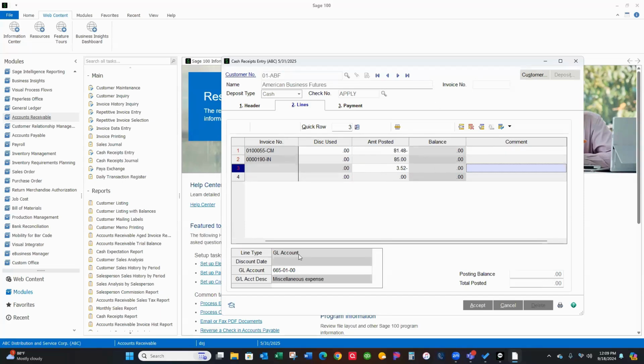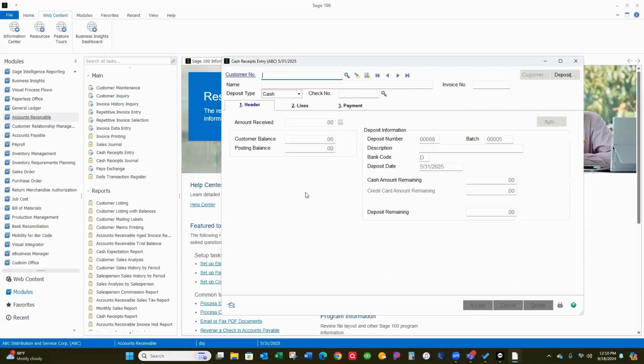And so now I've applied everything. I took the 352 and wrote it off to the GL account, just miscellaneous expenses. When you're done, your posting balance must be 0. So I'm going to accept, and just going to go on to